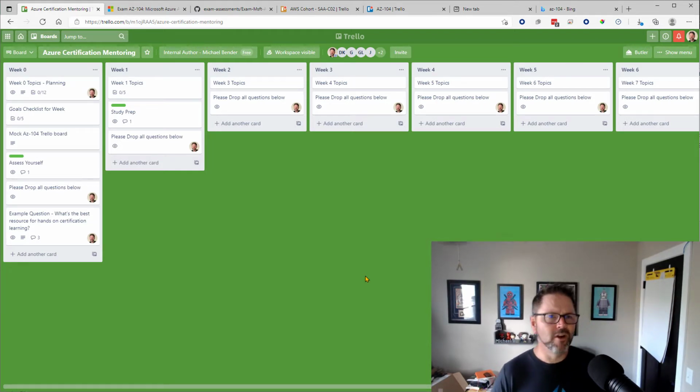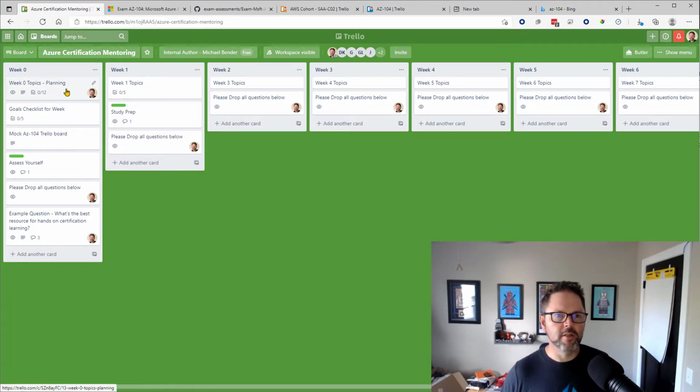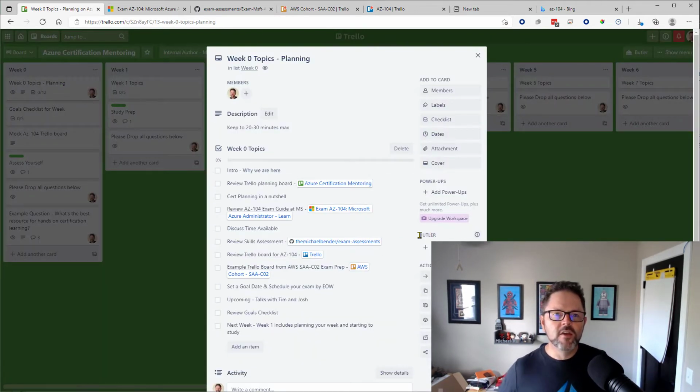So that kind of brings us to, let's take a look at the plan here. So as you can see here, this is a Trello board that you have access to. And as you can see, we have all of the weeks listed out. And in each week, I'm going to have, as you can see here, you probably saw this at the beginning, this is going to be really the schedule, what I'm going to talk about in each one of my talks.